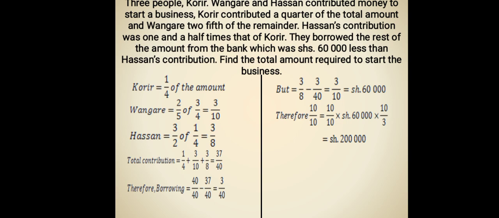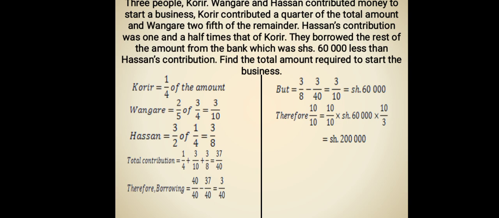Then subtract what they contributed, 37/40. So they borrowed 3/40. Now we are told, if you take the difference between Hassan's contribution, that is 3/8, minus what they borrowed, 3/40, we have